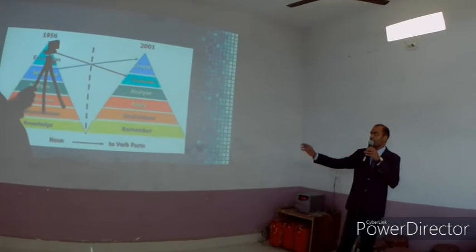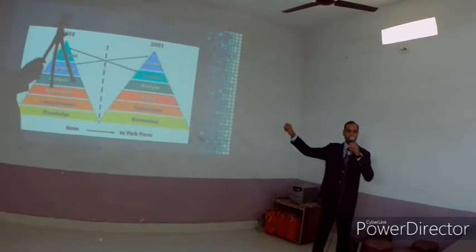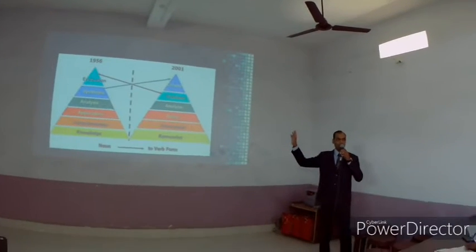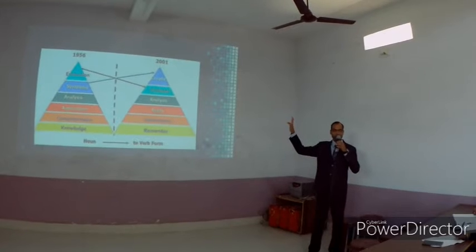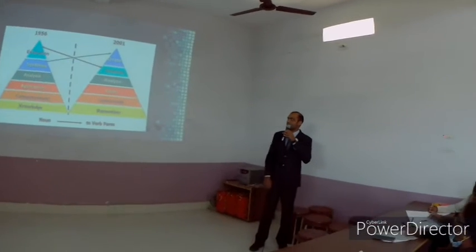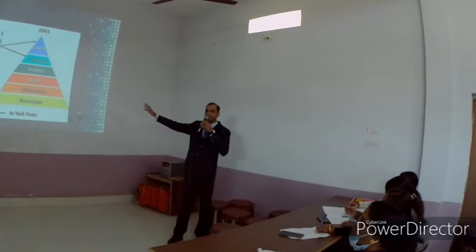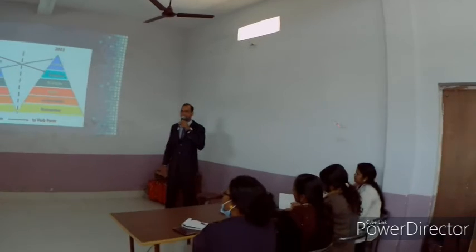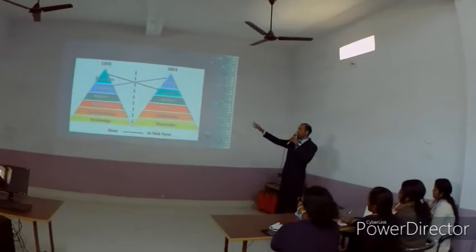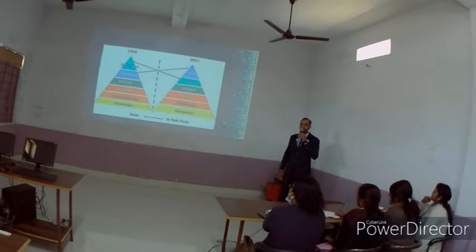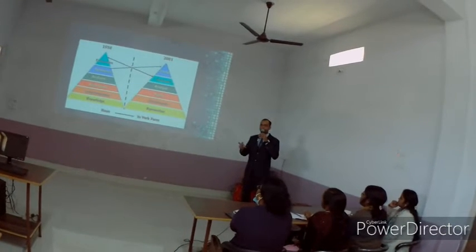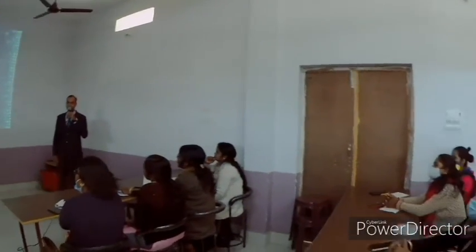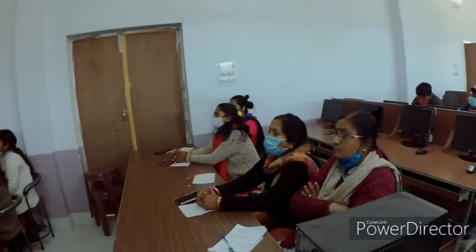We should understand that synthesis, which is create in the new one, went up. When it was in the 5th stage it was synthesis, and in the revised taxonomy it goes up to the top. Evaluation came below create. What is the meaning of synthesis or create? Both are the same. The difference is between noun and verb. Okay?